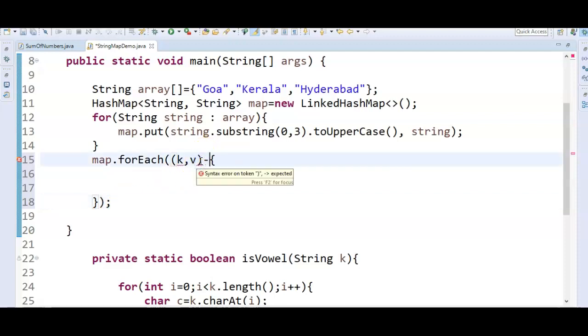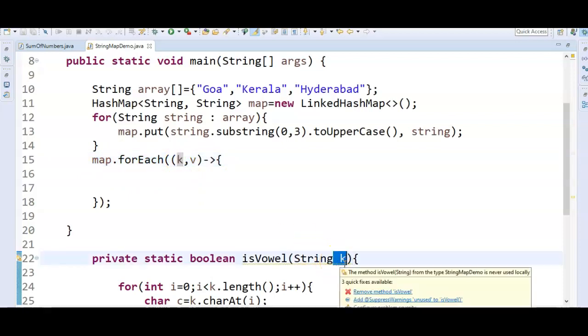And here add the lambda expression. By using the lambda, we are iterating through the map, and we are passing the key k to this method.